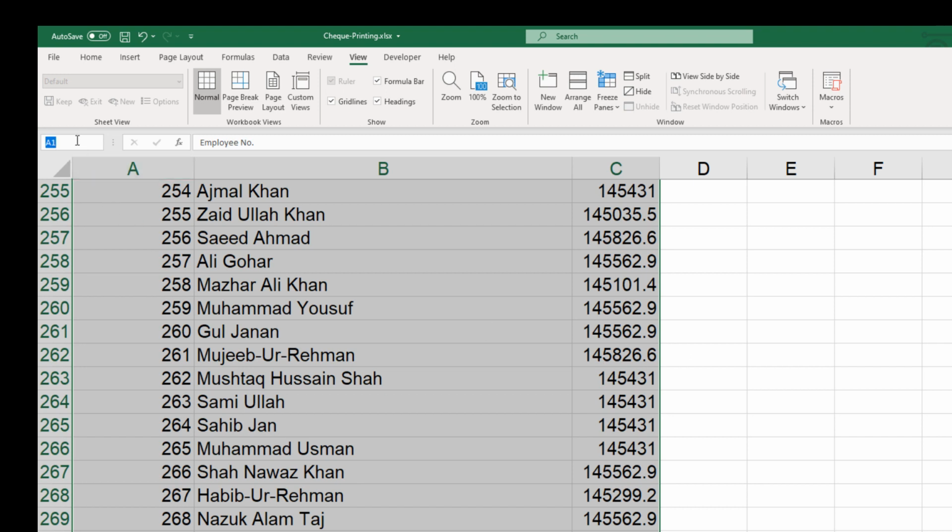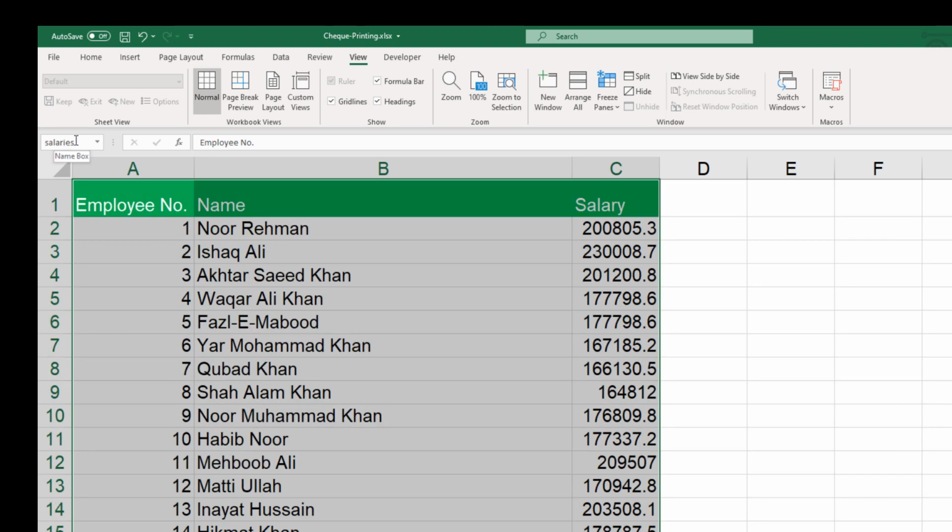This is a trick with which you can select all the data on the Excel sheet. Control Shift Down will select data until there is an empty row or empty cell. So I am giving this specific sheet a name of salaries, SALRIS, and enter.